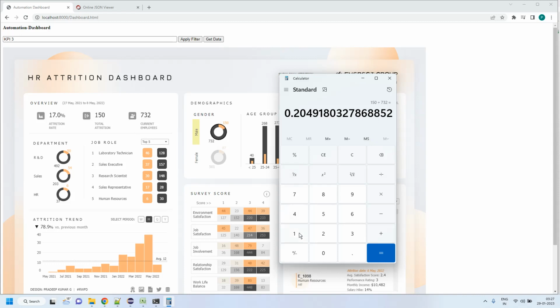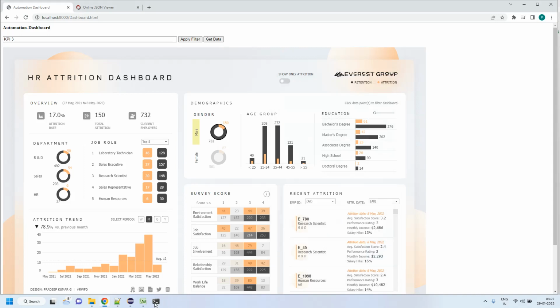Okay, so it would be 150 divided by, let's first sum this. Total employees would be 150 plus 732. 732 plus 150 equal to 882. Out of 882, this many employees are fired or resigned. 150. So 150 divided by 882 equal to 17.0. This is the calculation. So expectation is